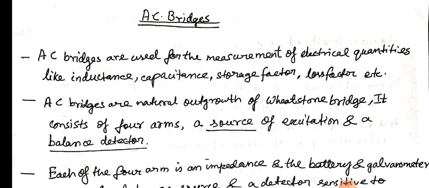Earlier in case of Wheatstone bridge, the source of excitation used to be a battery or a DC source, and the balance detector used to be a galvanometer. In case of AC bridges, the galvanometer is no more used because the AC signals have to be detected and very fine signal has to be detected, plus alternating current has its own phase angles and angular differences, so we have to be specific in the choice of detectors, which may be headphones, vibration galvanometer or tunable amplifier, depending upon what kind of frequency range we are choosing. Upon that we choose the detector.